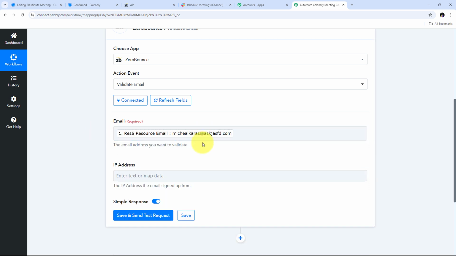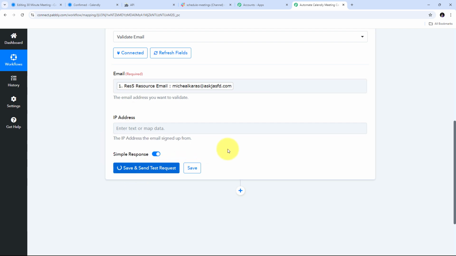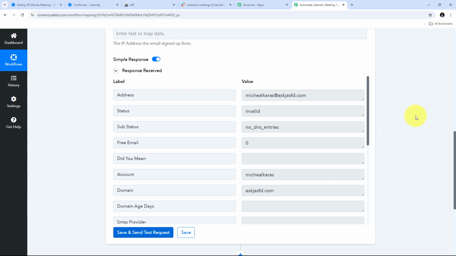And now what I need to do is, I need to click on Save and Send Test Request button to validate this email address. So I'm going to do that. And here we can see I have received this response. So here in this response, I have received this status that is invalid. So this means this email address is invalid. And now, as I have validated the email address, I can cancel this meeting